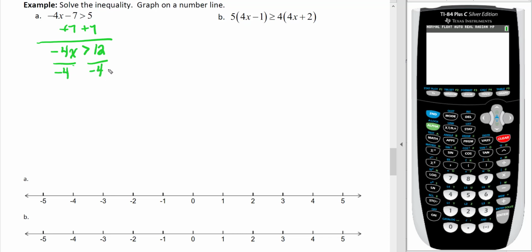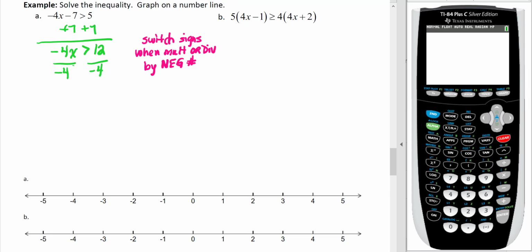Now this is the part that we need to remember. When dividing by a negative number or multiplying by a negative number, we have to switch the signs. So switch signs when multiplying or dividing by a negative number. So in this case,